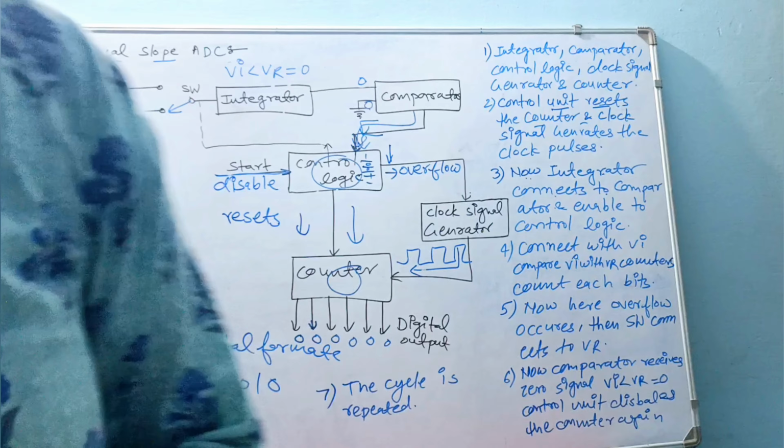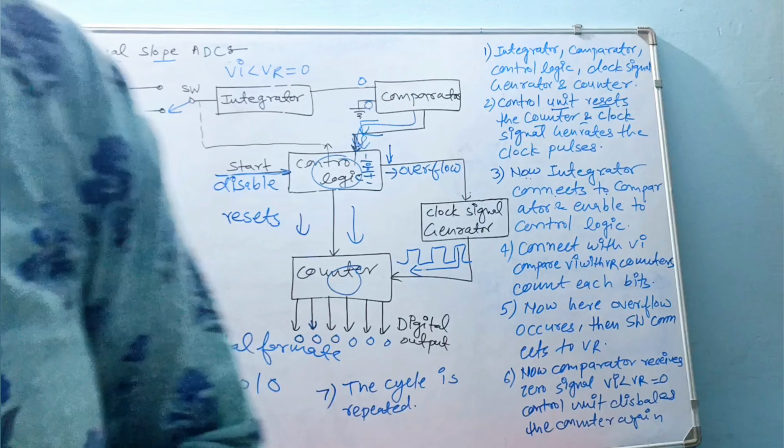Now here I am discussing the third type of ADC, like the dual slope ADC. In this type of ADC there are 5 blocks. First one is the integrator, second one is the comparator, then control logic circuit, clock signal generator and counter. The second point is there are also 2 inputs, Vi is the input voltage and Vr is the reference voltage, and